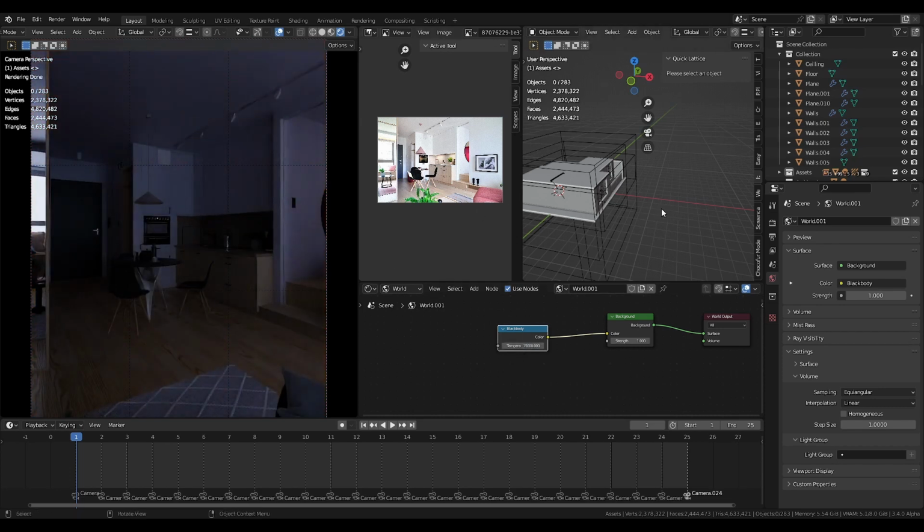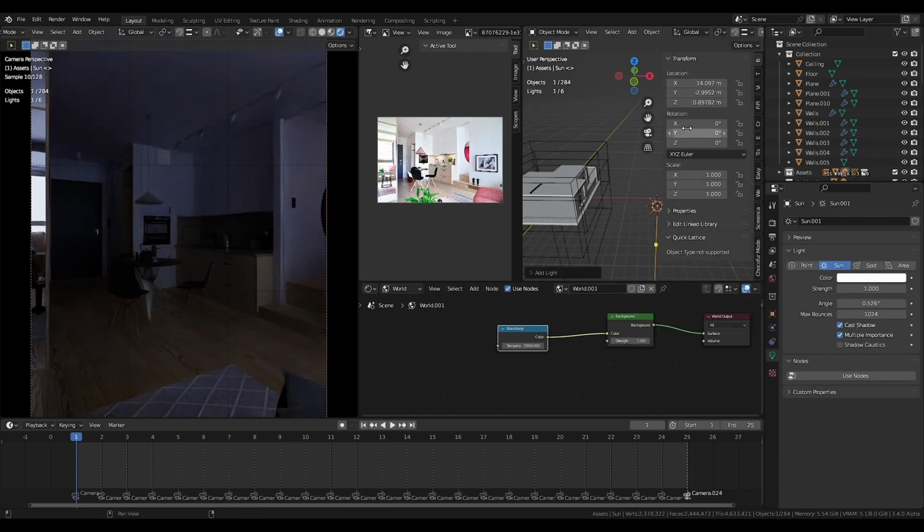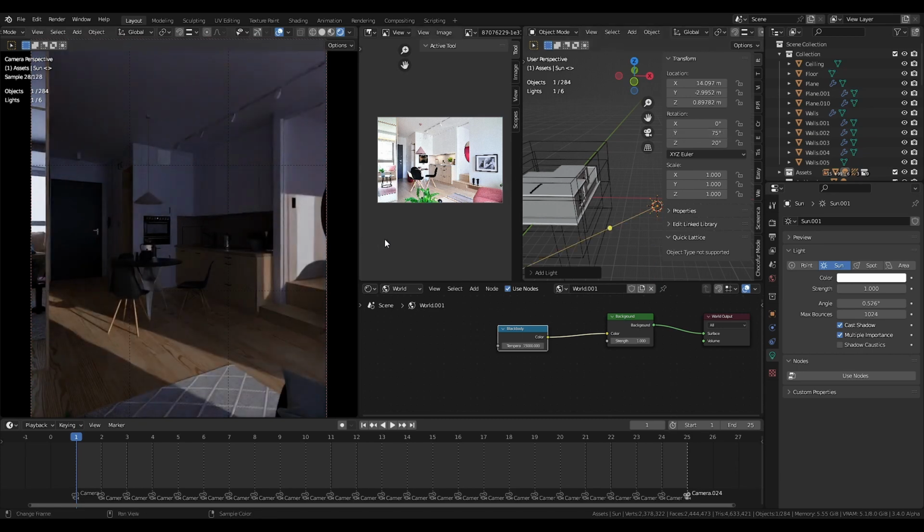Now the second source of my lighting is the sun. So I will add the sun here. We'll go here, Shift A and Sun, and rotate this sun 20 degrees in the Z, and in the Y axis I will turn it to 57. Like this the sun is in the interior scene, but I don't like these hard shadows,